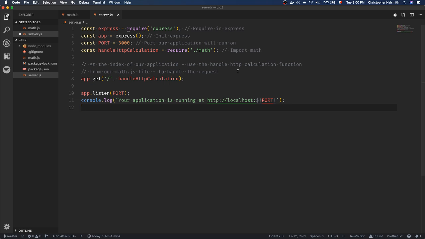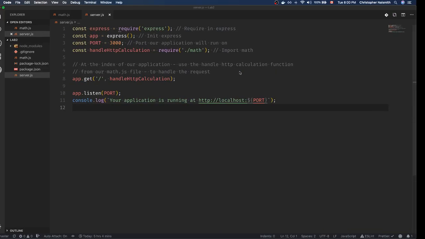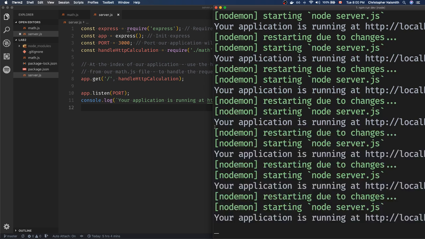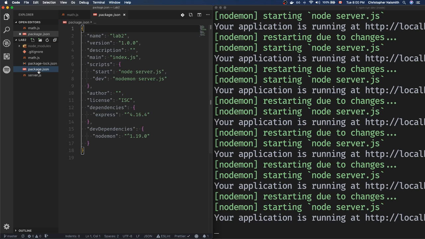Chris, can you open up the console? Like, what did you do so you don't need to update your server every single time? So inside of package, I'm going to talk into the computer for a second. So Vlad asked how we make it so that our server will always restart when we make a file change,